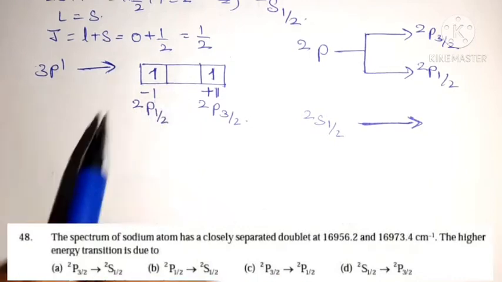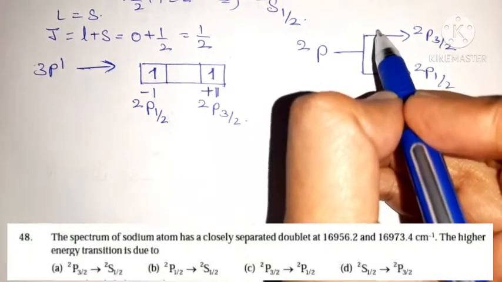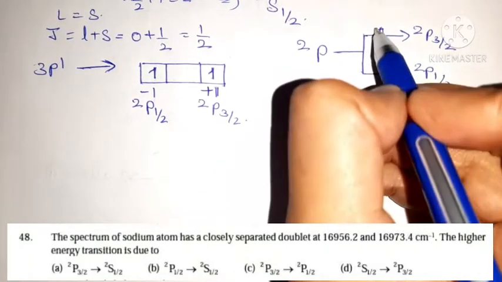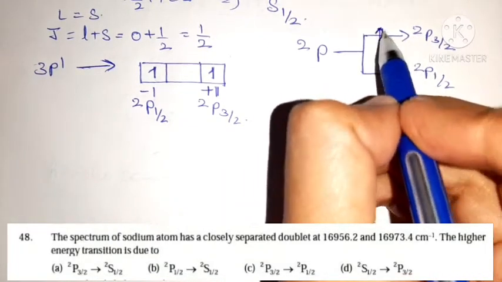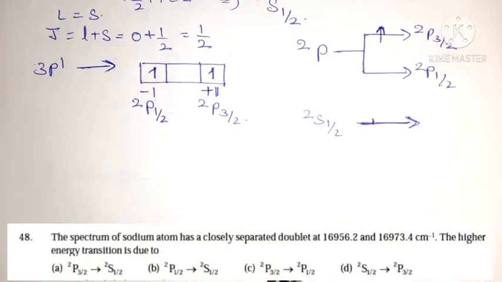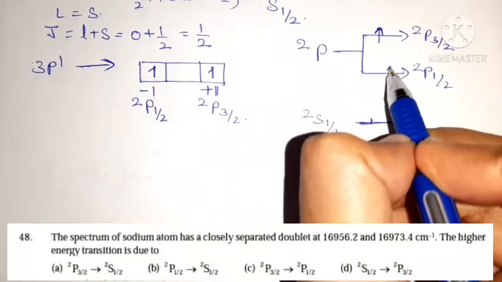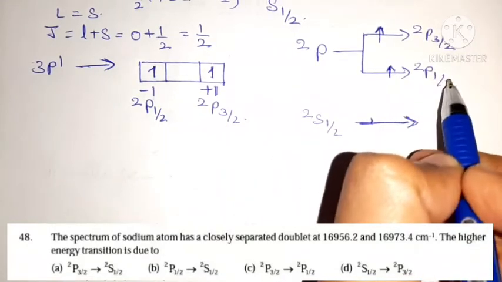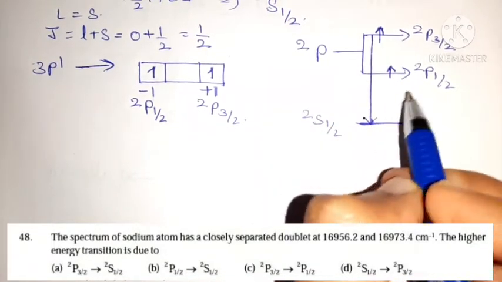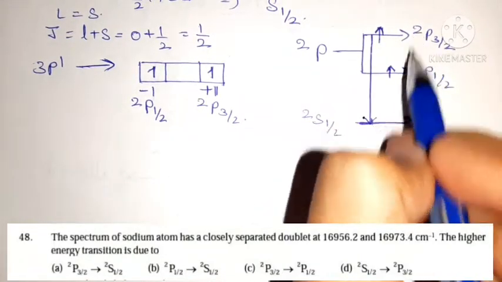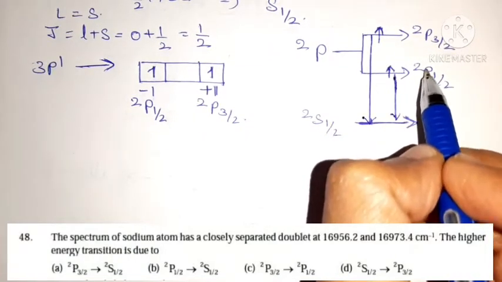On the basis of this electronic configuration, when an electron is present in the py orbital, that means the electron is present in this state 2p 3/2. So in one condition the electron comes from this higher state to this lower state, that is 2s 1/2. And the other condition is when the electron is present in the px orbital, that means in the second emission spectrum the electron comes from this 2p 1/2 state to this 2s 1/2 state. So one condition is transition from this higher state to this state, and the other is transition from this state to this state.